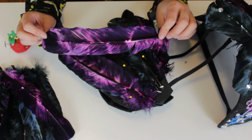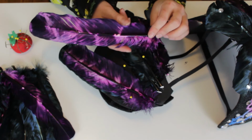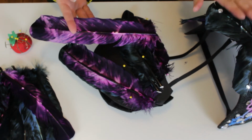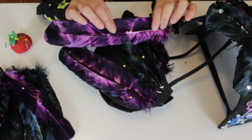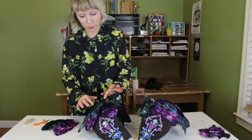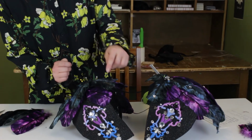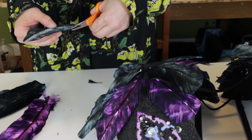Another thing to mention is when you're purchasing the feathers, you want to make sure that you pay attention to the direction that the feather is going. For this right side, I'm using right side feathers, and then the left side that I've already finished were left-sided feathers. And that's clearly marked on the package. So we've got this base layer all glued down, and I've just pinned my top layer in place. And for these feathers here, I've just cut them where I needed the length. I even rounded out some of the edges a little bit,